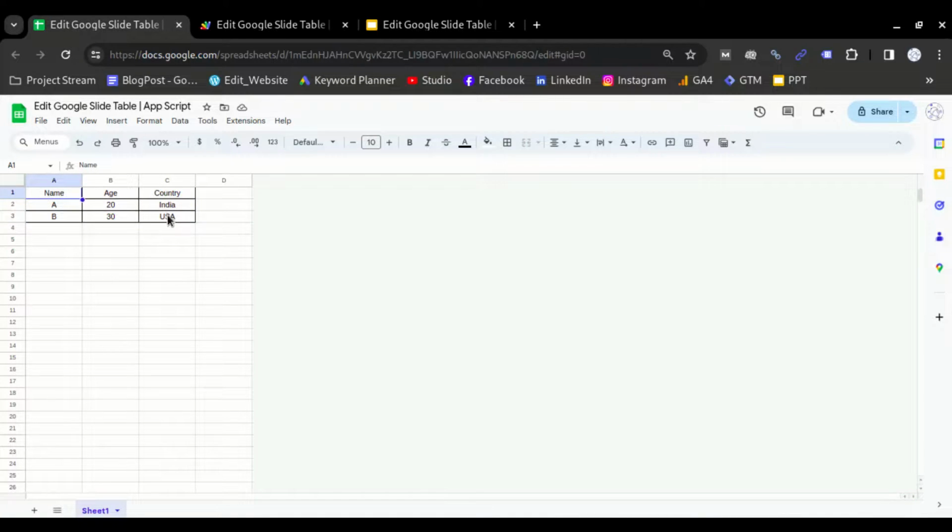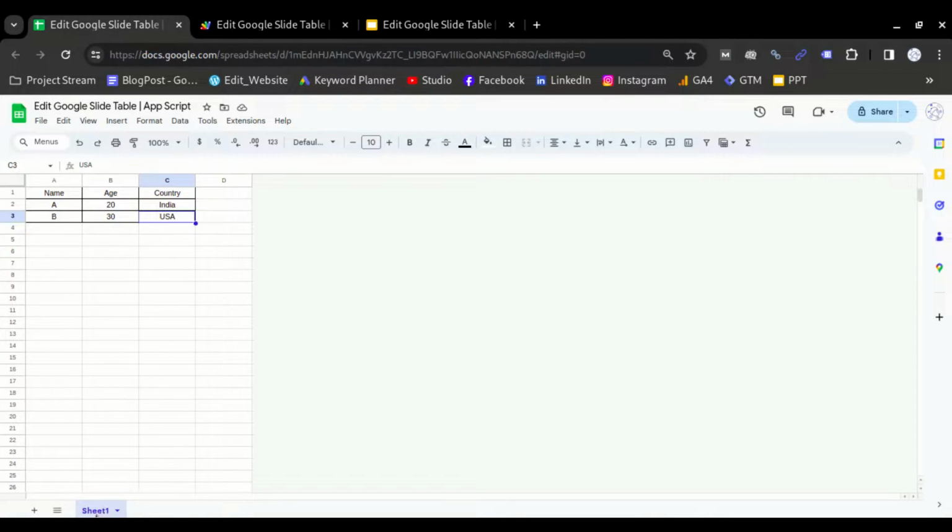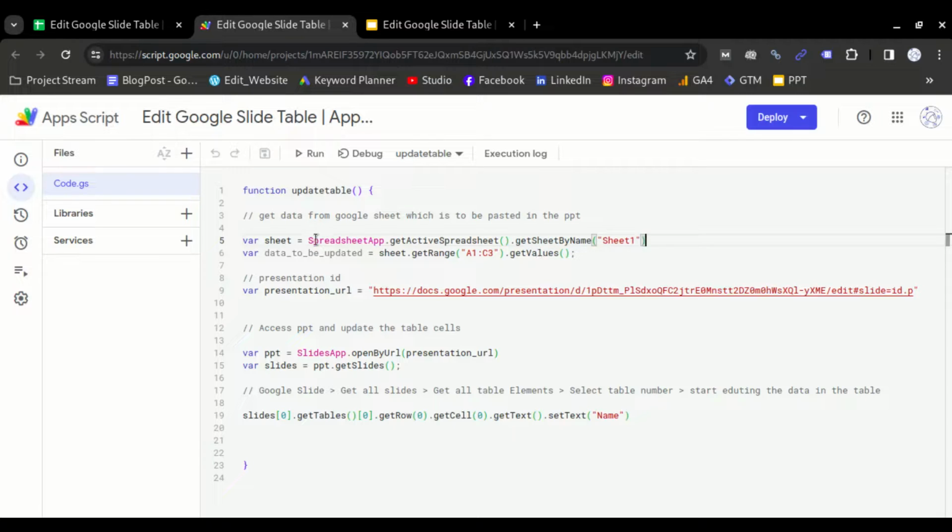So that's why we are creating a variable here. Then we are calling the SpreadsheetApp, which basically controls the spreadsheet, that is the Google Sheet. With the help of getActiveSpreadsheet, we are calling it. And then we are saying getSheetByName. Sheet by name means this sheet, and the sheet name is Sheet1. Once we write this statement, this particular variable has the power to retrieve data from